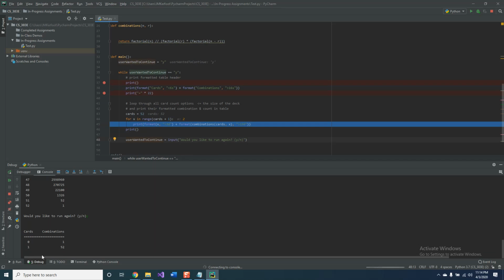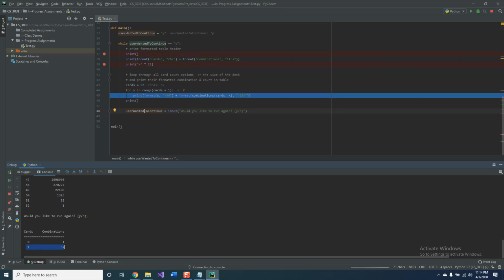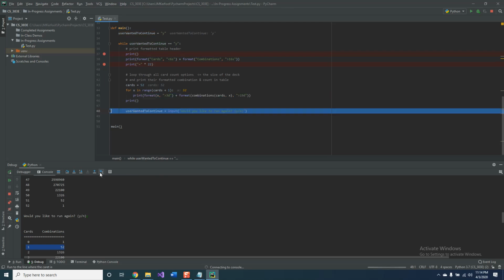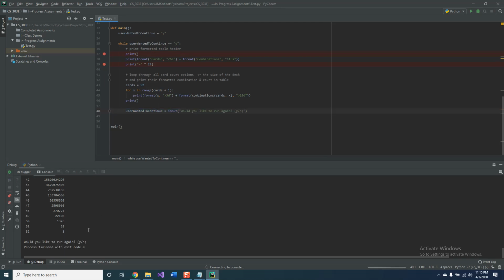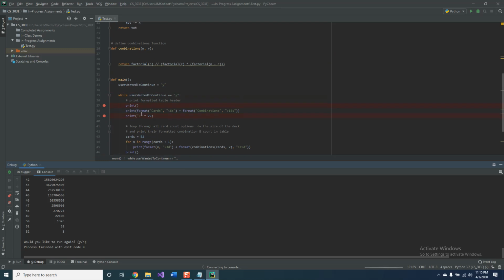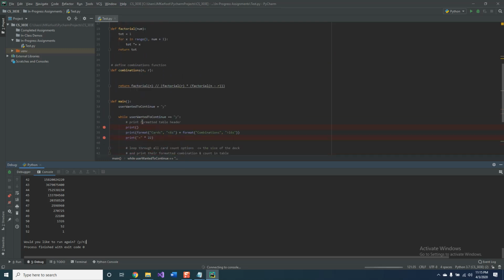I just want to jump to the very end. You can see here it printed out the second line of the list. Now I just want to jump to the very end, right before it asks the user if they want to run again. Jump to that. Boom. So it finished off this whole list and stopped right there. And now I'm going to hit continue. Not entirely sure why it didn't allow me to enter a yes or no, but you probably see the benefit,